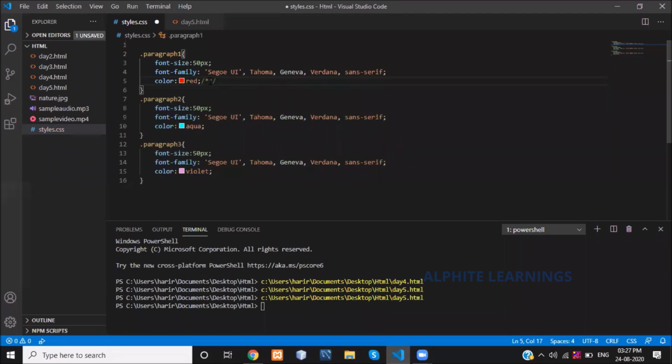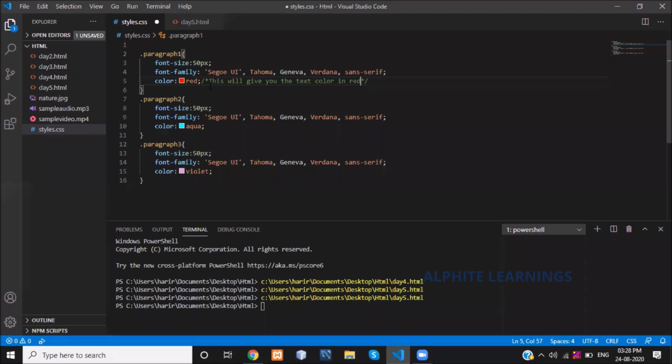You are giving an explanation about the property. If you want to explain a particular property and its value, you can mention it like this. What this color red will give: inside paragraph 1, your text will be in the red color. I'm mentioning here how this will give you the text color in red.